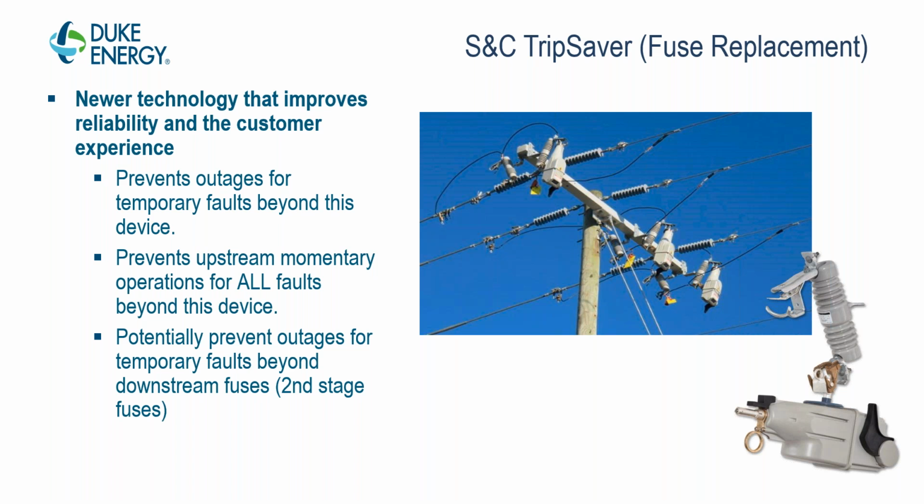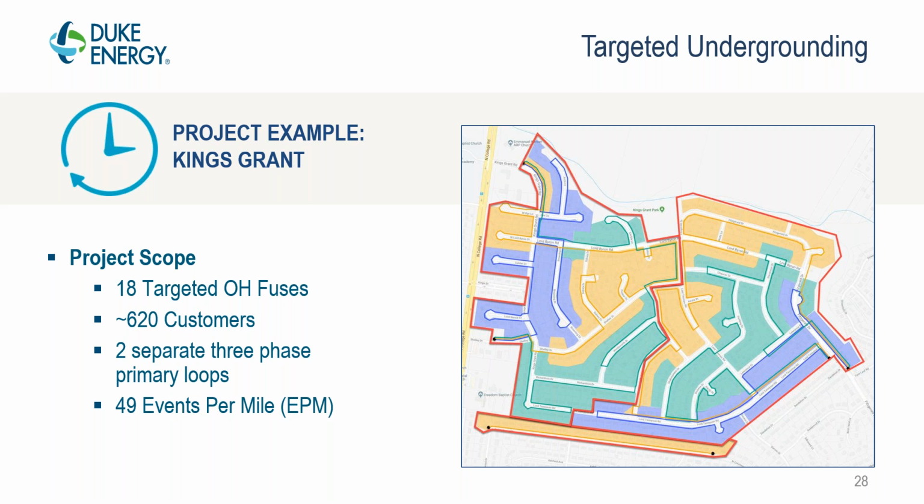So pretty neat technology. We are in the process of installing literally thousands of these devices across that coastal zone footprint. And then finally, one of the project types that we are working on is what we call targeted undergrounding. And this is, I would say, one of the most intensive, costly types of reliability improvements that we make. But in certain cases, we find that this is the most prudent investment that we can make in order to address significant reliability concerns. And again, going back to hardening the grid so that we are less susceptible to outages